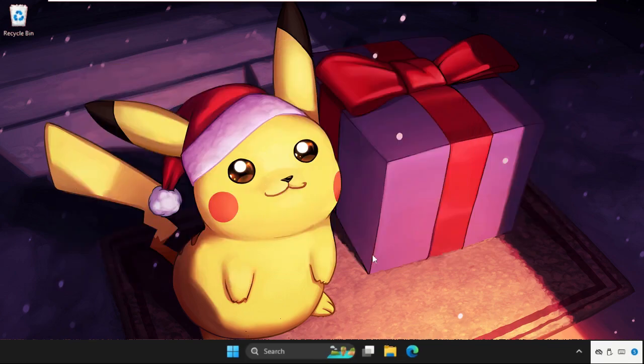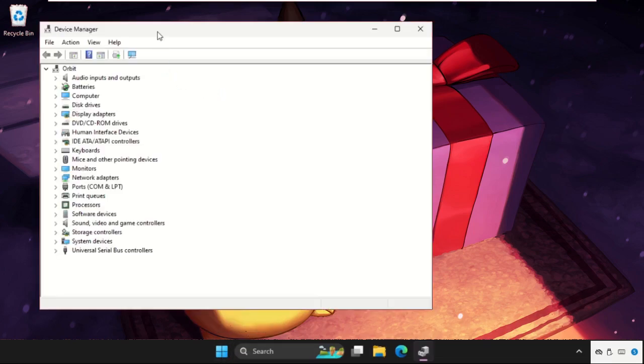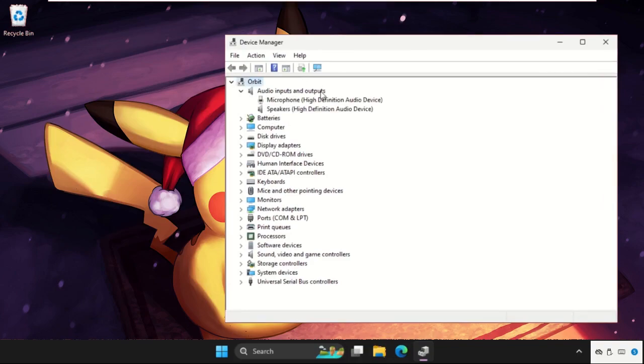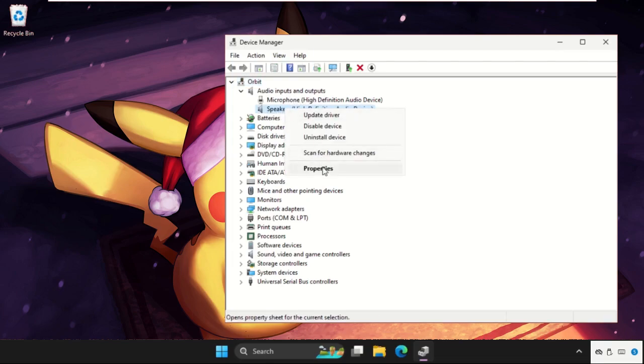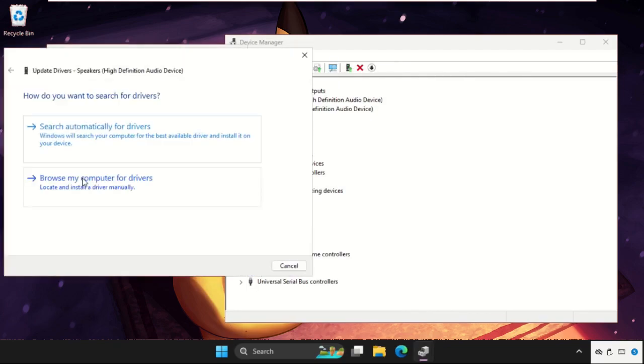Close all windows one by one and then right click on the start icon, go to device manager. Here we need to expand these audio inputs and outputs. Firstly, we will just right click on the speakers, go to its properties, go to drivers tab, then click on update driver and